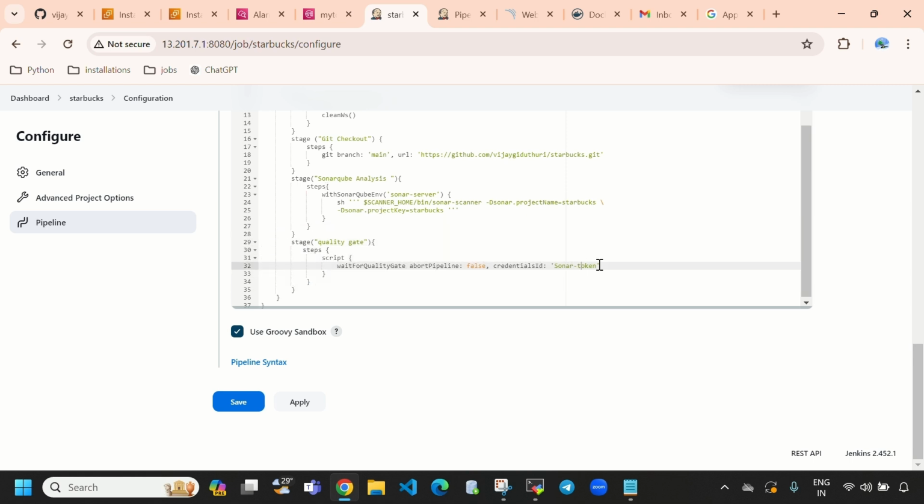Previously we generated a token from SonarQube and we have given that SonarQube token in the credentials part. So here you can see the credentials ID Sonar-token. This is the name we have given. So let's come down and let's apply this. And here now we need to